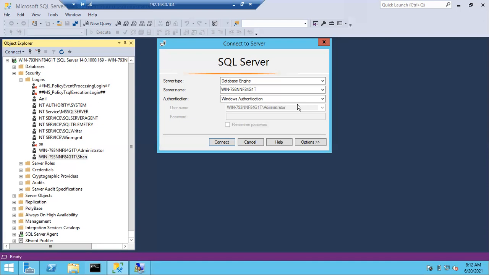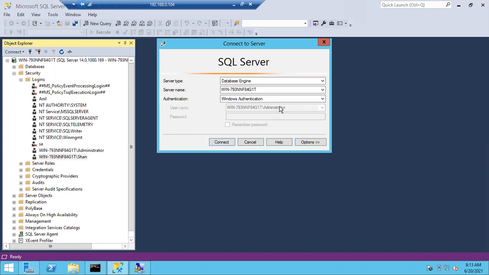So now why can I see administrator here in the username section, which was grayed out? Because you logged in as administrator. Now my login name is Sean. I want to see Sean here. I just created a login name with Sean, and I have to see the login Sean here. Then only I can connect to the SQL server. How can this login be changed to Sean?